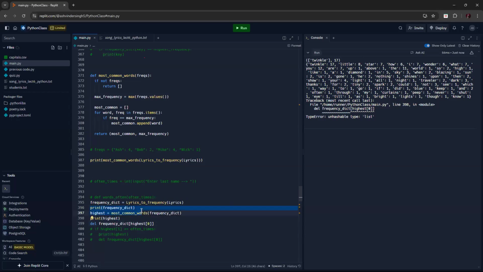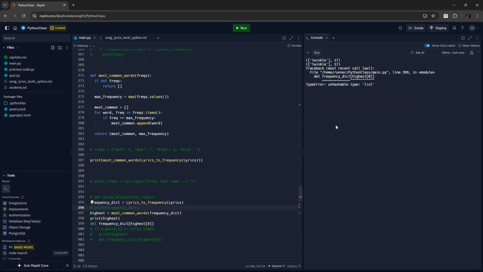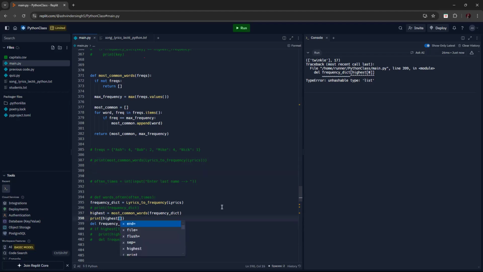Let me not print this first. Oh, sorry. Wait, what am I doing? Okay, not print this. This also gives me some error, but let me see. Okay, yeah. So I do get that. So now if I print highest 0,